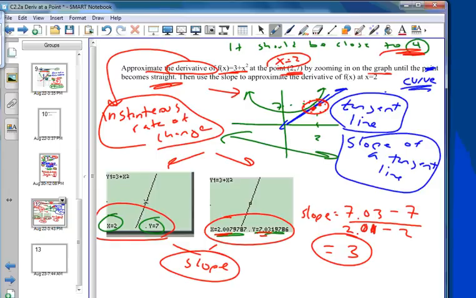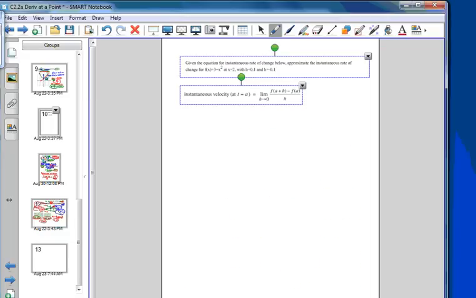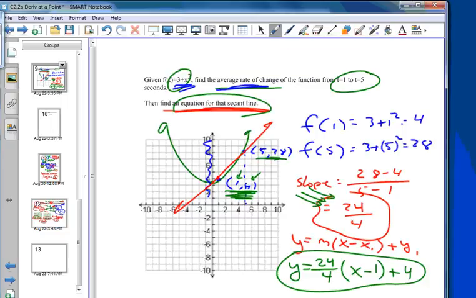And this has all been about approximating instantaneous rates of change. And so we did it this method by zooming in on the curve. We used this method over here where we let h be a really small number. We approximated h, which is our distance from the point we're interested in. We approximated it at 0.1 and negative 0.1 and found the slopes that way. And the other method that we looked at, that was earlier, we were looking at drawing tangent lines and approximating that. So that's what we did. We were looking at approximating the derivative, and the derivative is the instantaneous rate